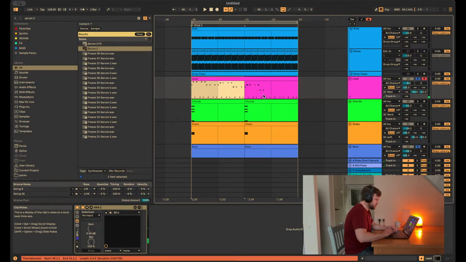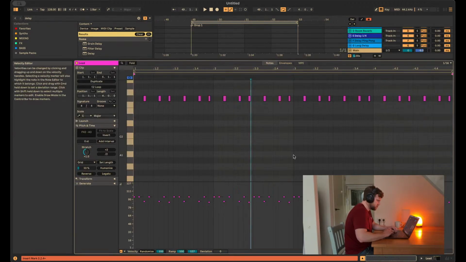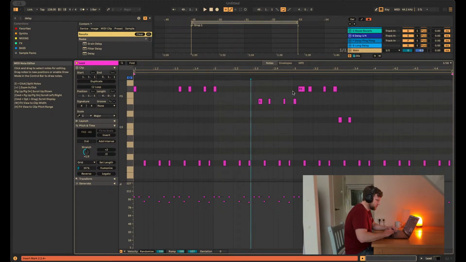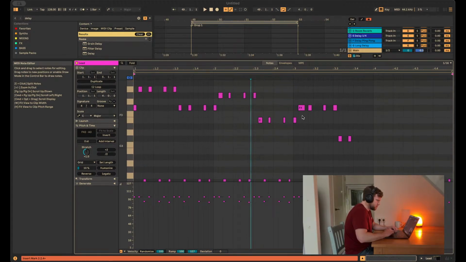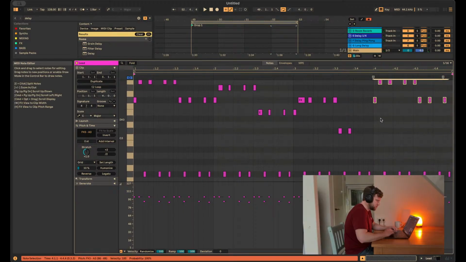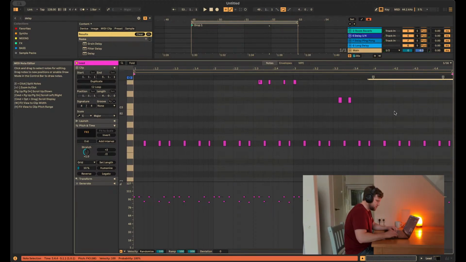Because here it's very groovy, and then here it's a bit less groovy. Or maybe I can use some more notes. So I can take this rhythm. Let's try. I'm gonna take this rhythm, put it here, and then just put all the notes down one octave, and gonna lower them by